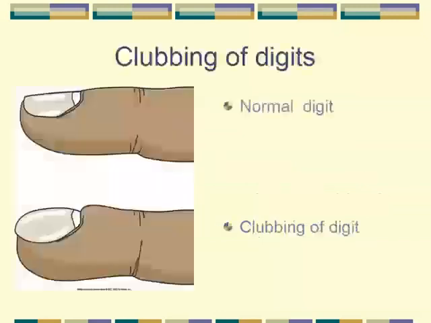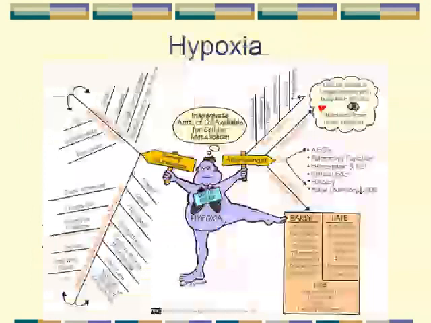And this is from the memory book. Oh, I'm sorry. This is a slide that I have that shows a normal digit on the top and clubbing of the digit down below. You can see that junction starts to flatten out. This is one showing hypoxia,